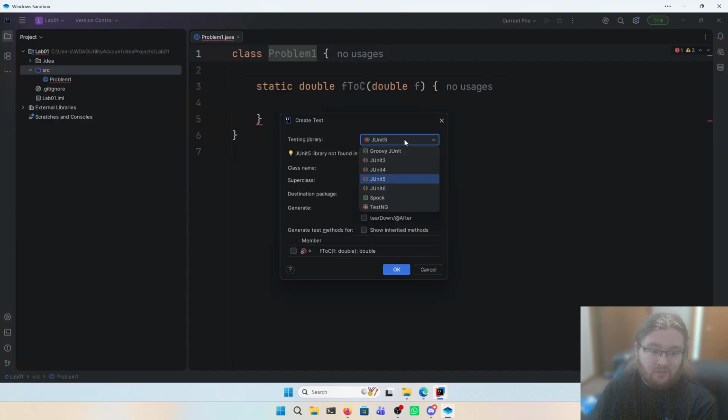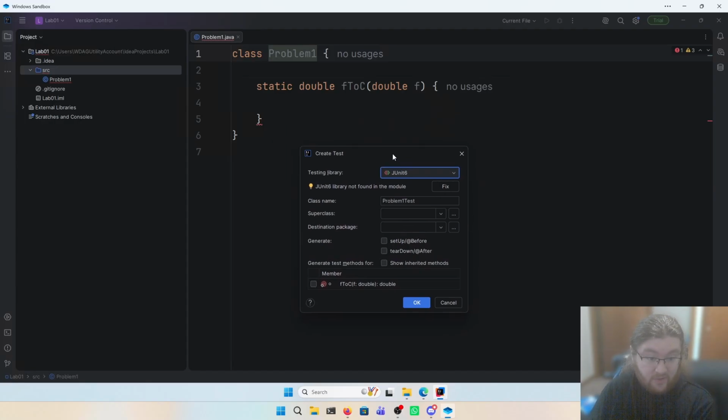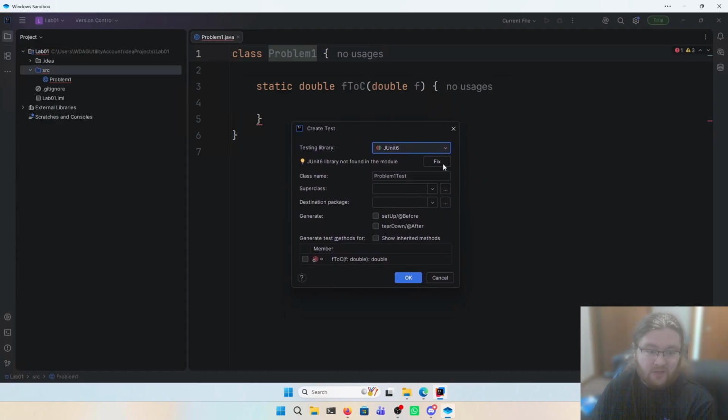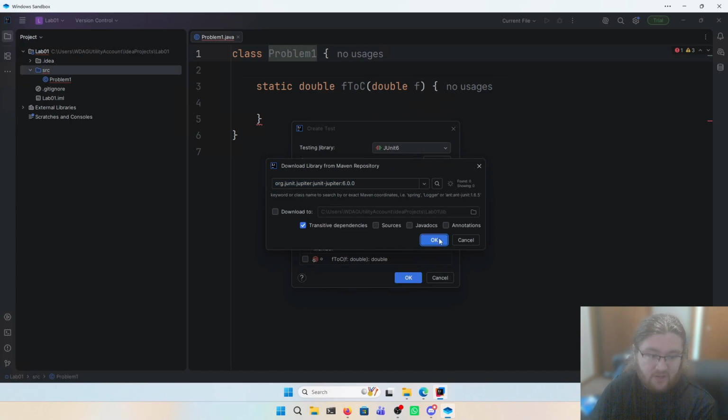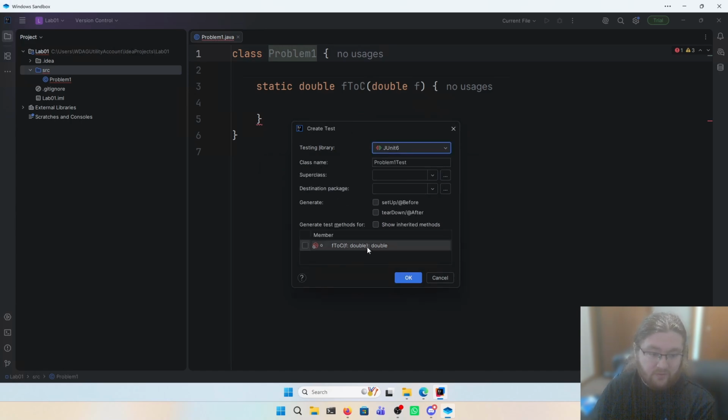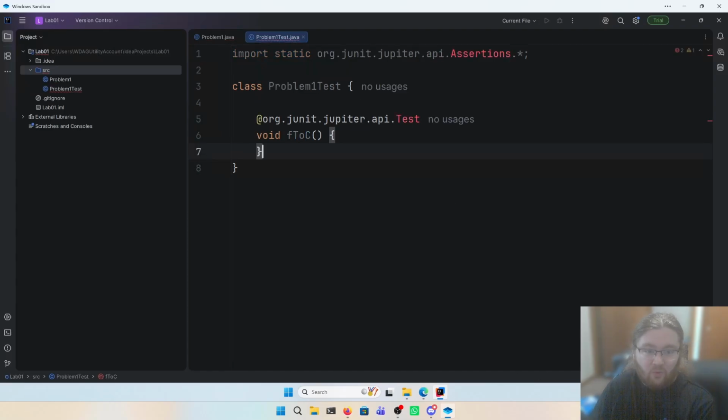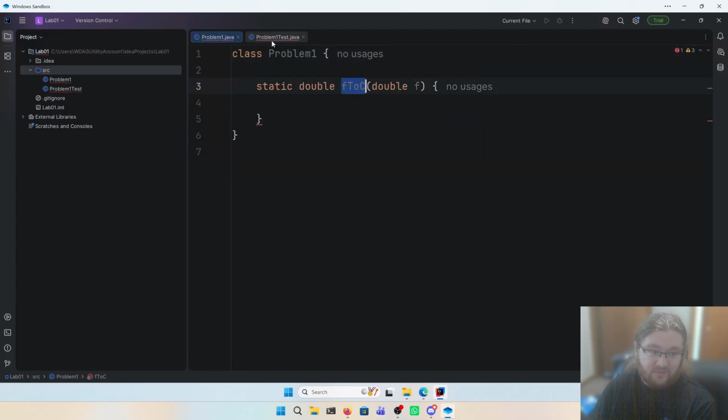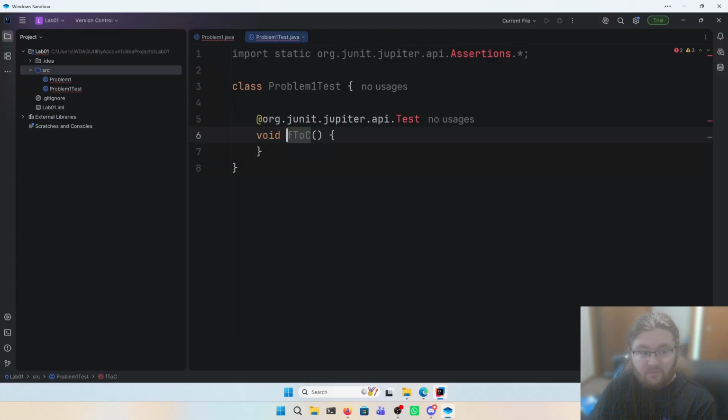And then we're going to change JUnit 5 to JUnit 6. We're using JUnit 6 in this course. You'll see "JUnit 6 library not found in the module," so you'll hit Fix, hit OK, and then wait for it to do its thing. And then you'll hit this little checkbox down here, and this will generate a test method for this method called F2C. Now, what you should do is change the name of the method to testF2C,